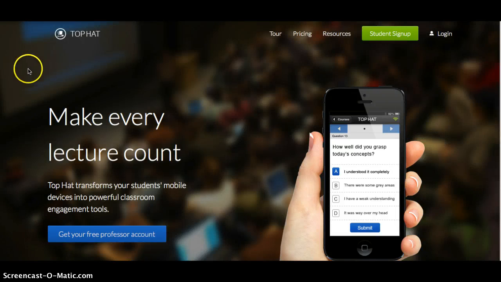My name is Steve and I will be giving you a quick tour and showing you how you can create a professor account with Top Hat and just show you a few key features to help you get started with using the system. So if this is your first time visiting, all you have to do is go to tophat.com,